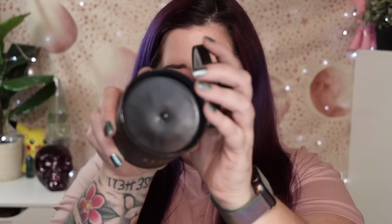The one other thing that is non-makeup in here, they sent a candle. It's black. It speaks to my soul. It says Your Magic, and it's a black candle. I don't know much about candles. I don't burn them very often anymore. It doesn't say ingredients or anything, but it smells